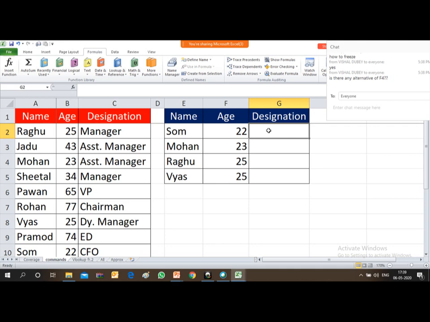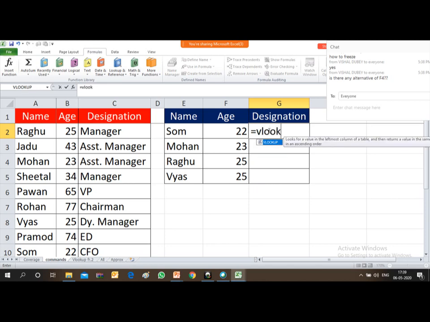At this time I will not use the tab option available in the worksheet. I will use the formula itself. Friends, it is easier and more comfortable to type the formula instead of using the tab.